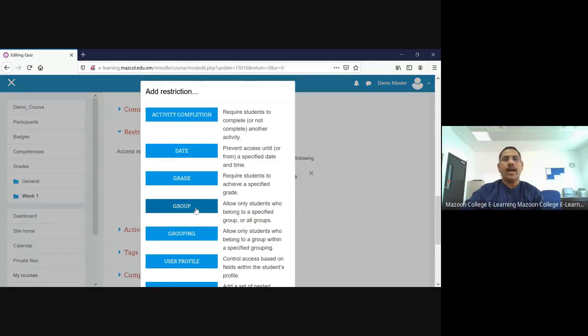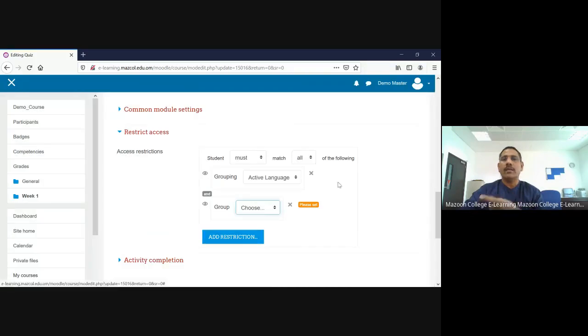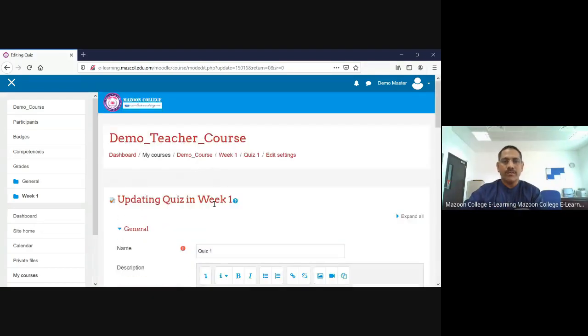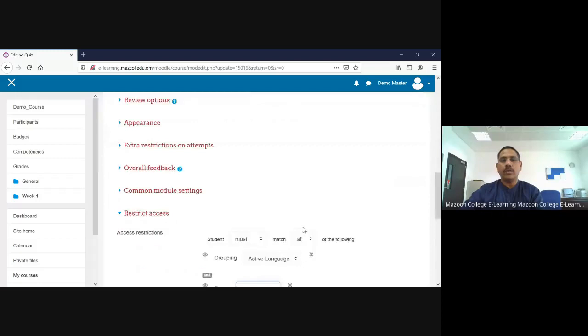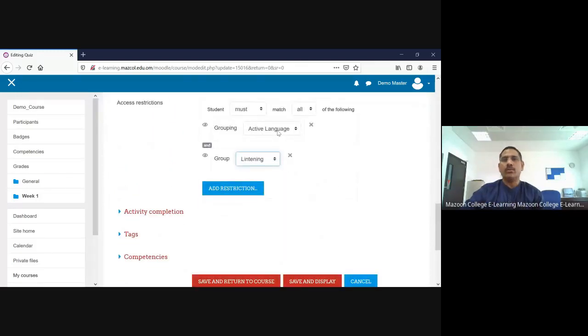Apart from this, I am going to give the rights to one more group. Which group? I am going to give the right to the listening group only. I am going to give this quiz activity to the active language grouping as well as the listening group. So now this activity, three groups will get it except one group. The reading group will not get it, or the speaking group, they will not get it.